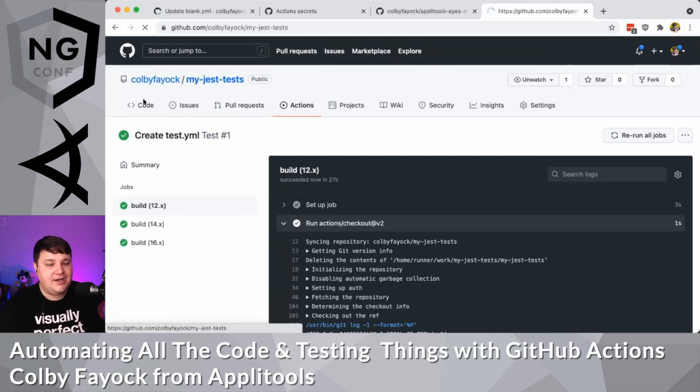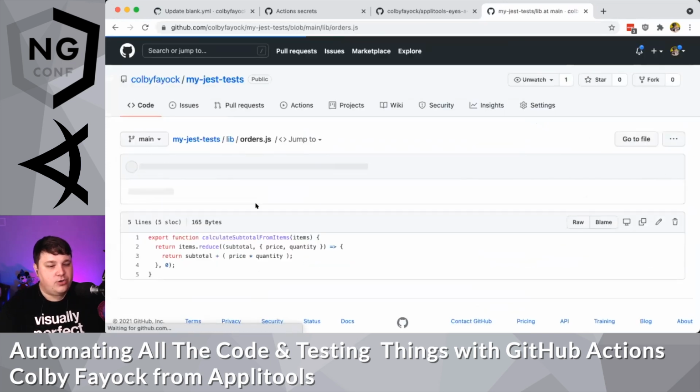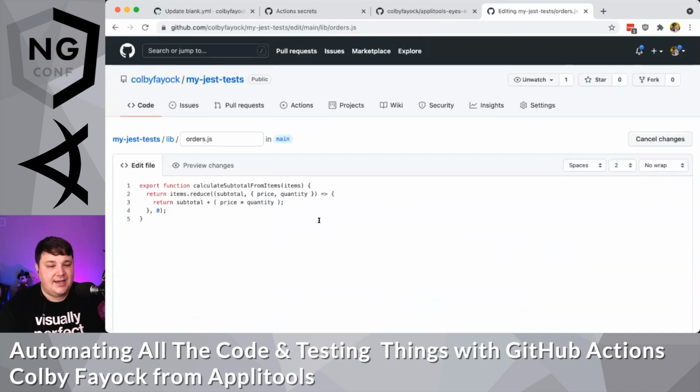So I'm going to go over to my code tab. I'm going to go to the lib directory, and I'm going to open up the orders file that actually includes that test function that I was talking about. So I'm going to edit this right inside of the GitHub UI. And I'm going to remove this quantity variable right here, where instead of multiplying the price by the number of items, I'm just going to say one single price, no matter how many items, to get tacked onto the subtotal. And of course that's wrong,